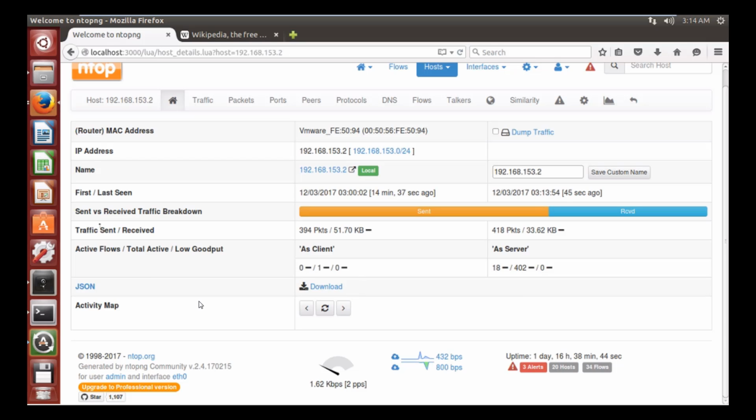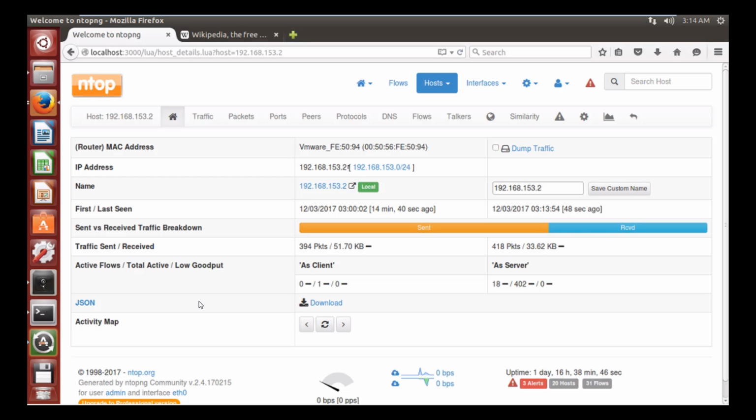So the IP address is the address from which the traffic is coming from. You can also use the DNS address or put a custom name. That's what I said earlier. Next,